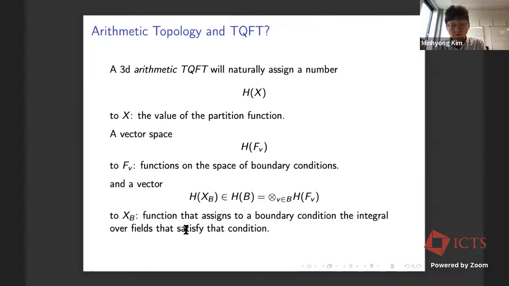So I've sort of explained in a single line why you should expect to get such a vector. I won't dwell on this very much, but I think this construction is very interesting. I won't be able to discuss it today, but there are examples of this which can themselves be viewed as invariants of primes in some way.